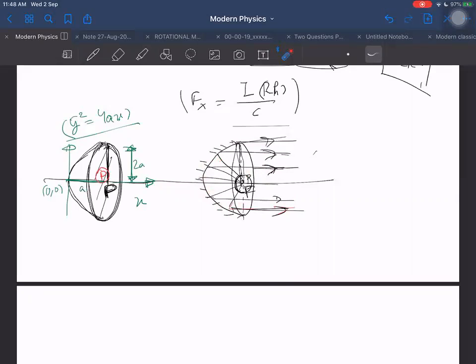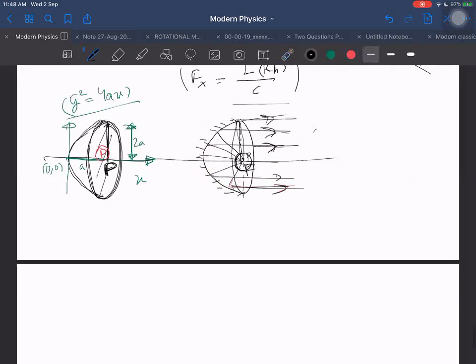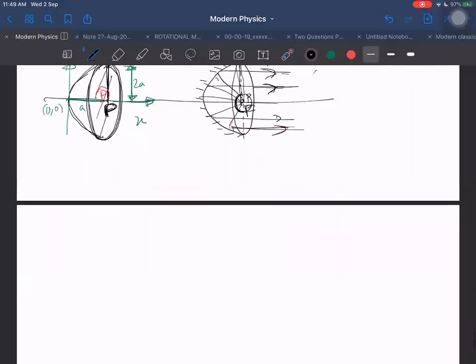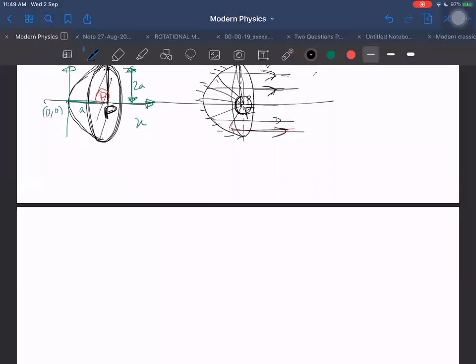So now let us see what force it can exert. The force that it can exert, I can find out if I know what is the momentum incident and what is the momentum reflected. And momentum incident, momentum reflected, I can find out easily. What is the change in momentum along x-axis? I have to find that only. What is the change in momentum along x-axis per unit time? That is the main objective. So, how to find out the change in momentum along x-axis?